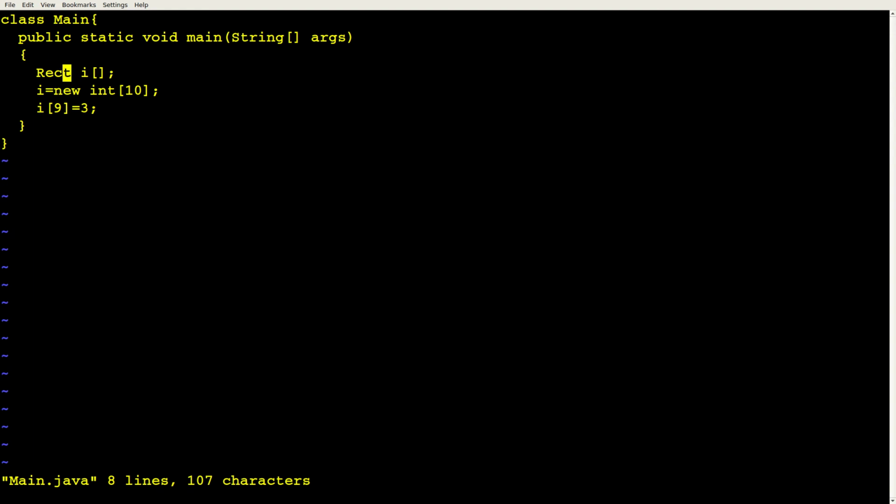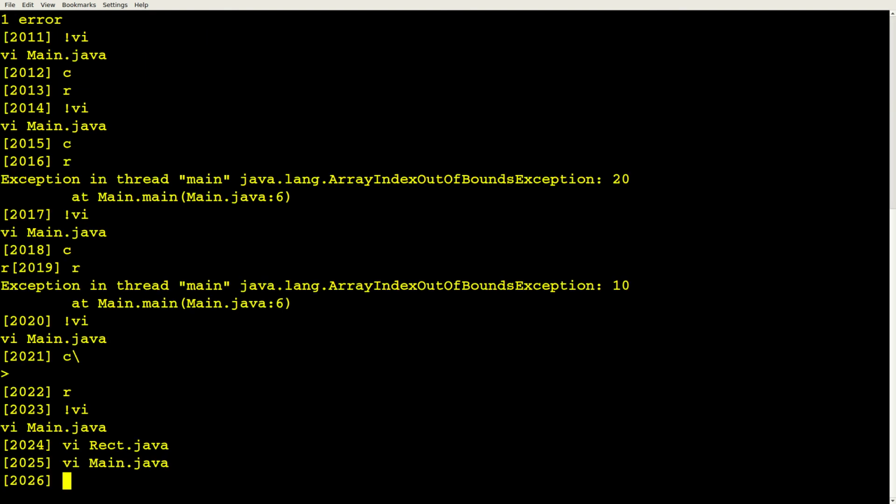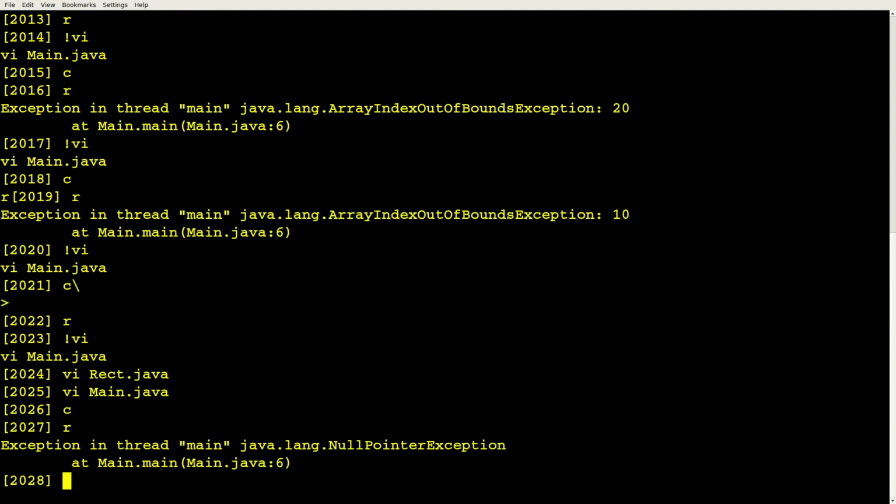So let's make an array of rectangles. And we'll construct new rectangle bracket 10, so that actually creates the array. And now let's do something like I bracket 9 dot height equals 5, and I bracket 9 dot width equals 7. Compiles fine, gives us a null pointer exception when we run, basically a seg fault.